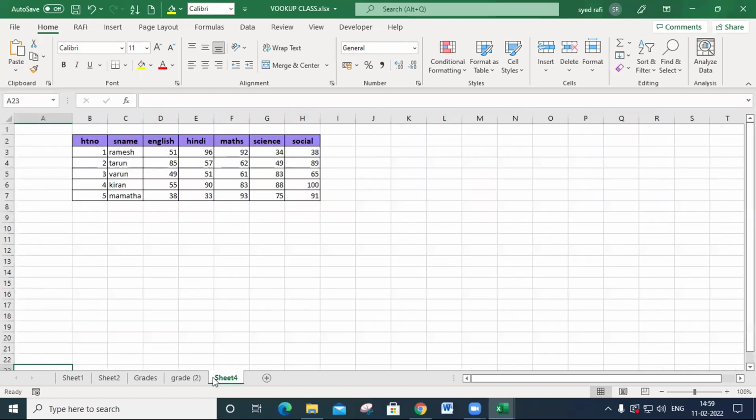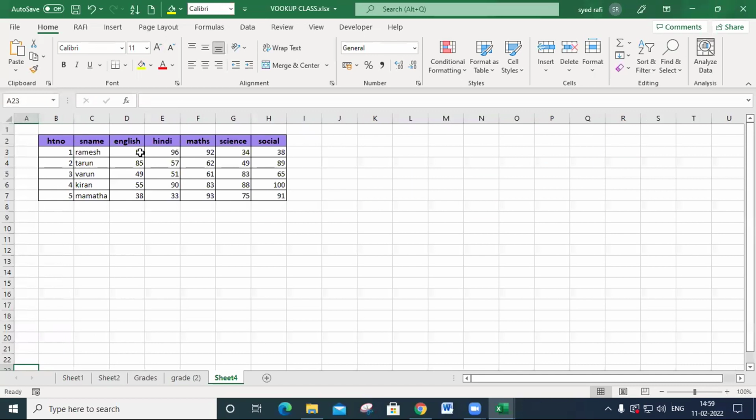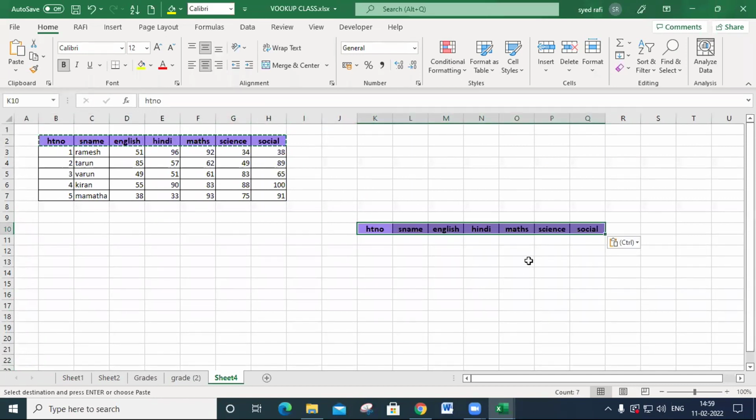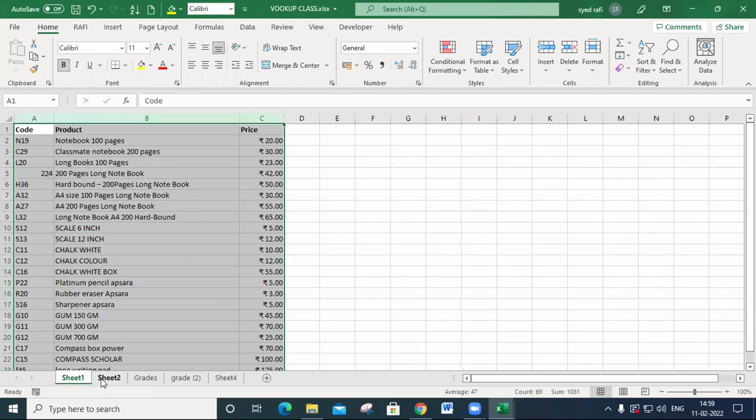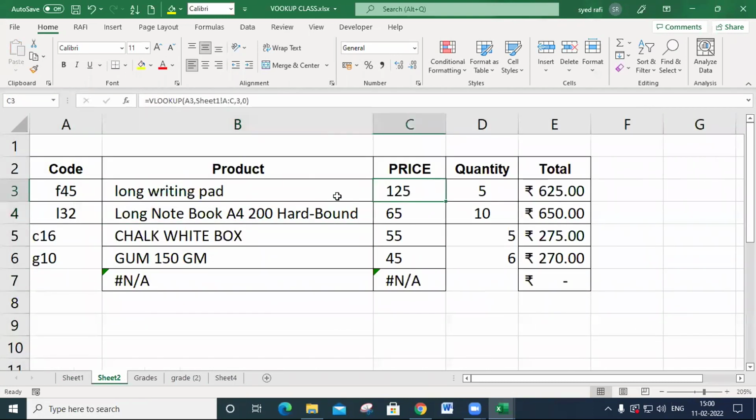But here there is some data like this. The same I entered like this. Whenever I enter the hall ticket number, the relevant details must be displayed. But there were only 2 columns there, that's why we simply entered VLOOKUP in both columns.